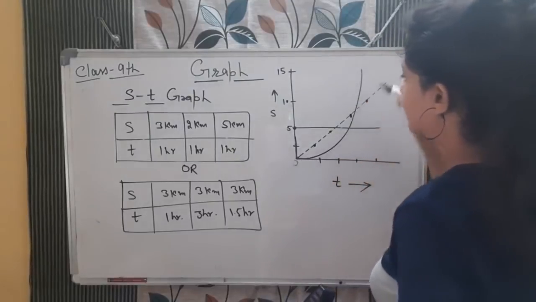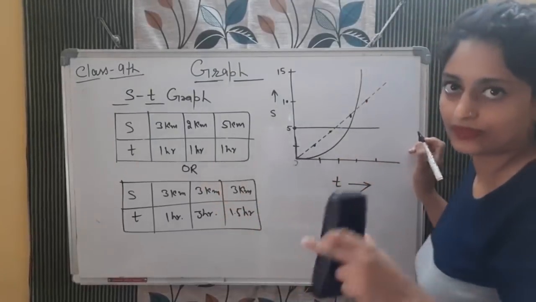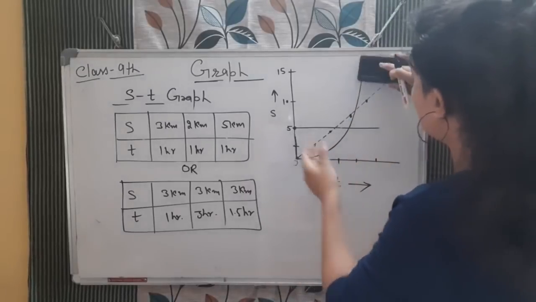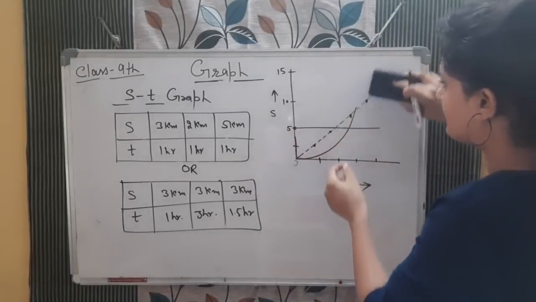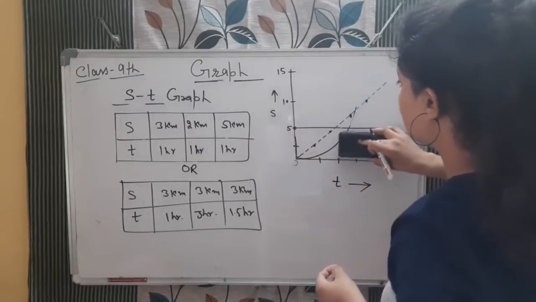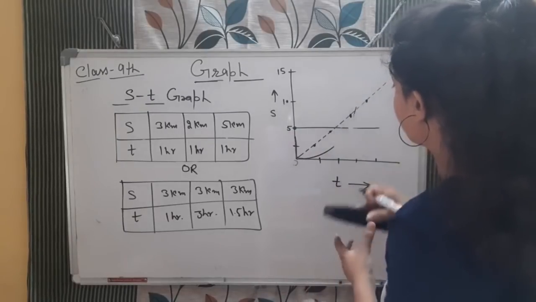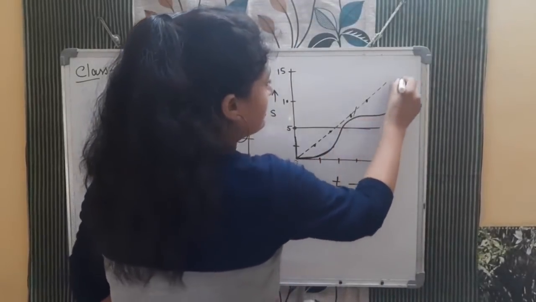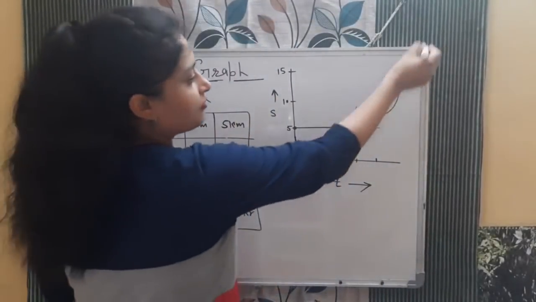Graph will be like this. If it is increasing, see अभी यहाँ पे मुझे तुम लोगों को एक चीज और बतानी है. It can be zigzag like path also. Non-uniform motion in book it is showing like this, but you can make it like this also. Very simple, no issue. Because sometimes if it is increasing, sometimes it is decreasing, increasing. So this kind of the graph you can also make.